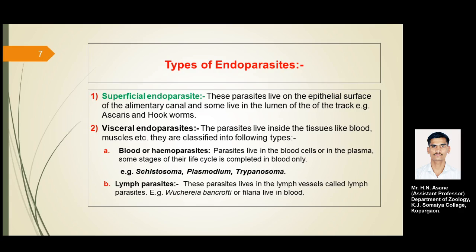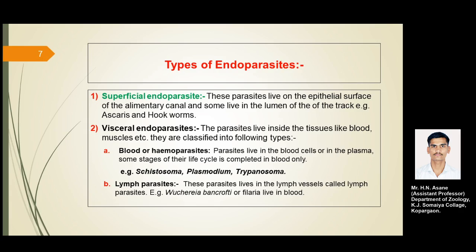The examples of these superficial endoparasites are Ascaris or the hookworm Ancylostoma duodenale, a particular type of hookworm, and they live in the lumen of the gut. Or the second example may be Entamoeba histolytica, which occurs on the epithelial surface of the